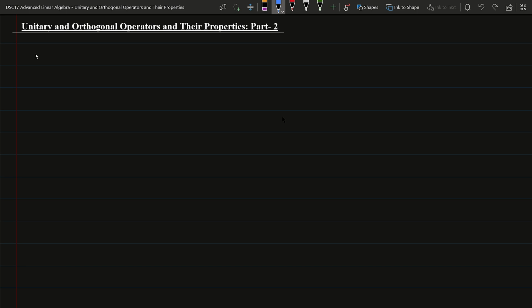Welcome back to our discussion of unitary and orthogonal operators. We have already discussed some properties, definition, and some key results related to unitary and orthogonal operators. Now, this lecture will be started by discussing an example and then we will prove some result as well. So, this is example